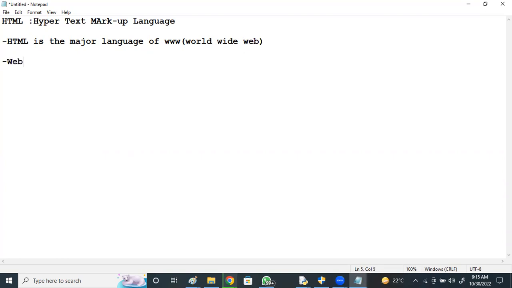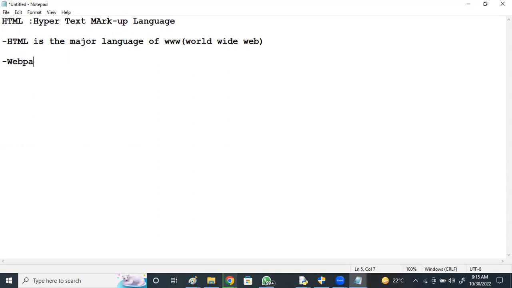What is a markup language? I'll explain one by one what you mean by hyper, what you mean by text, and what you mean by markup language. So I will expand HyperText Markup Language.